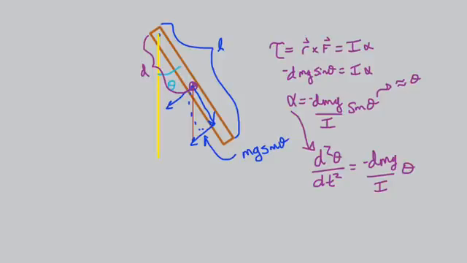So all of a sudden, instead of having just a simple g over L, now we have a more complicated version of this, and this is actually the general solution towards a swinging object like this, where omega squared equals dmg over I, okay, or our omega equals square root of dmg over I, and our period,